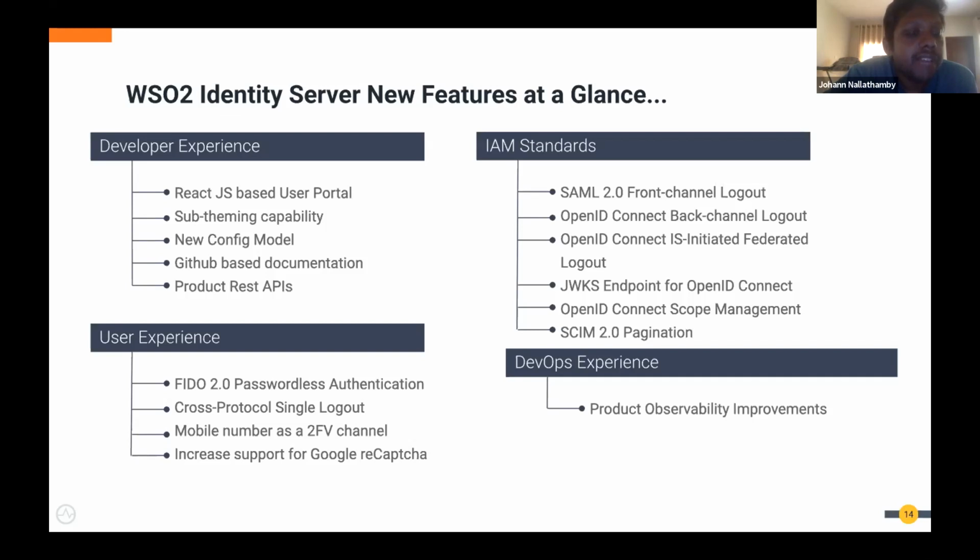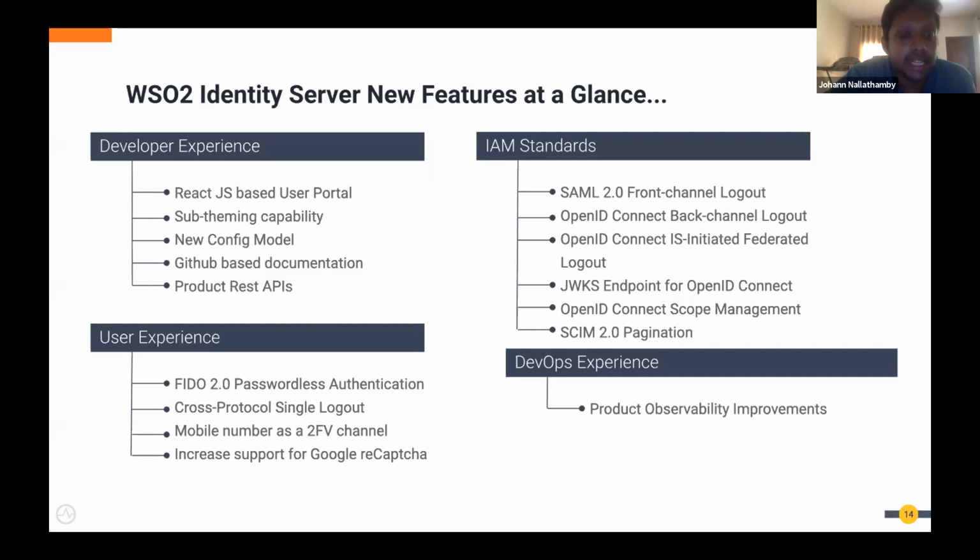So earlier we had a configuration spread across multiple XML files. Now we've made it simpler to configure it using just one file. We are moving away from Confluence-based documentation to GitHub-based documentation, to be more modern and follow the trend, the developer-based approach. All the product APIs, the older SOAP APIs, have now been converted to REST